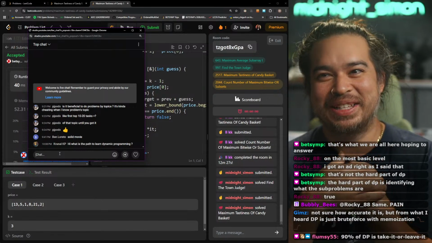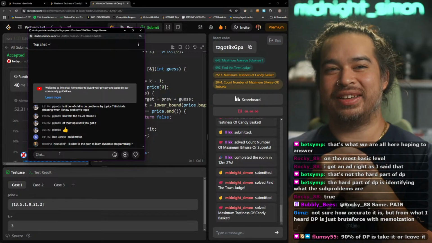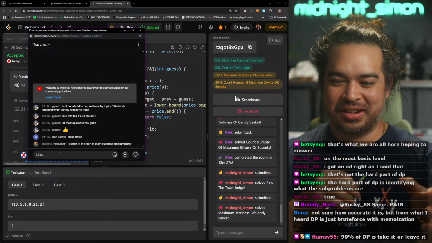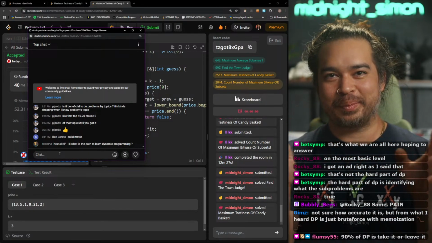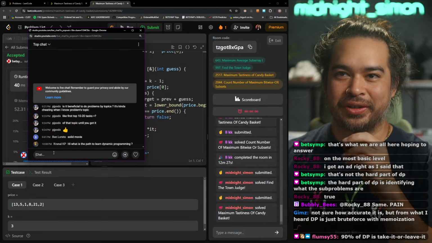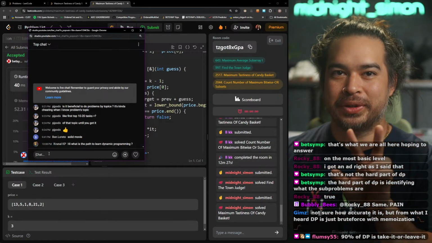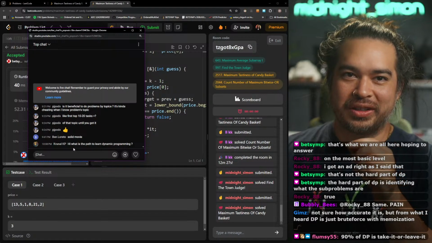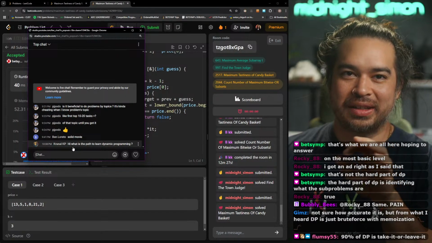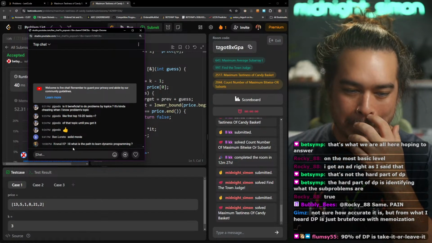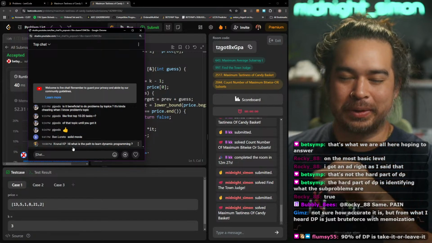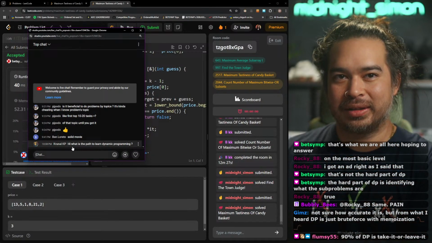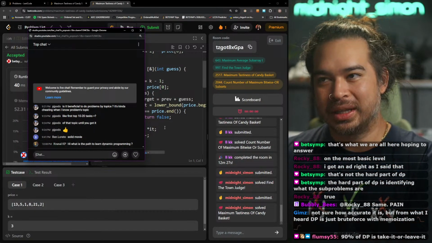I don't know about 90%, but a good chunk is that you either take it or you leave it. And you create a recursive function that explores those two options at every index. Once you understand take it or leave it, and you understand the states and how they work, it opens up the door for more complicated DP problems.